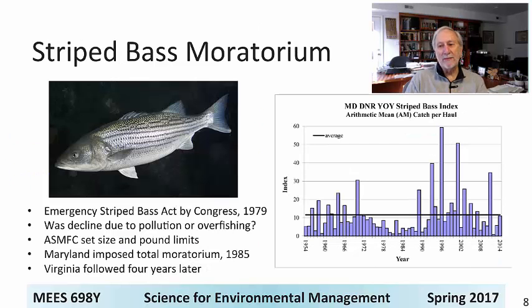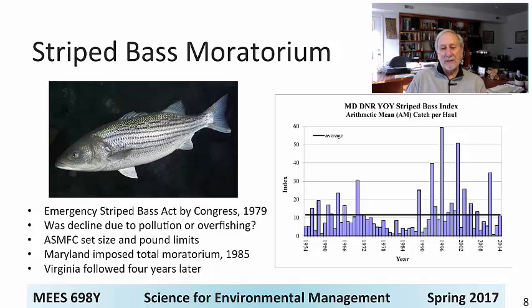So let's talk about some of these controversial issues. The first one is the striped bass moratorium. There was a decline, noticeable decline. People just were not able to catch many striped bass. Both recreational and commercial fishermen got to a crisis point so that Congress actually passed an act that provided support for some research and investigations onto the topic.